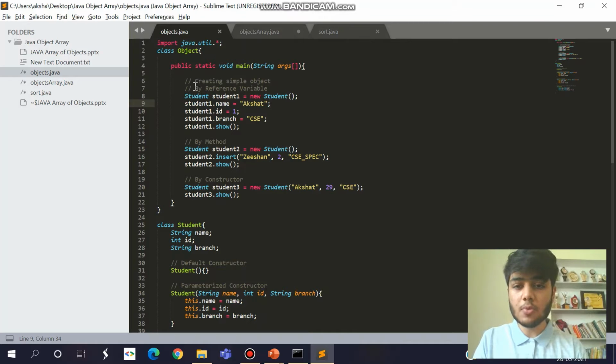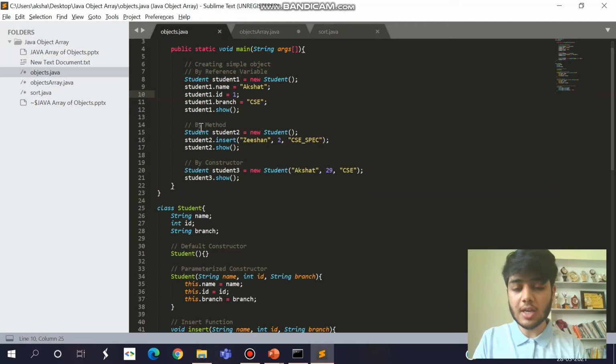First of all I am creating it by reference variable, so I will assign the values using the reference variable: student1 dot name is equal to Akshat, student1 dot id is 1, student1 dot branch is CSE. After that I'm calling show to print all these values.